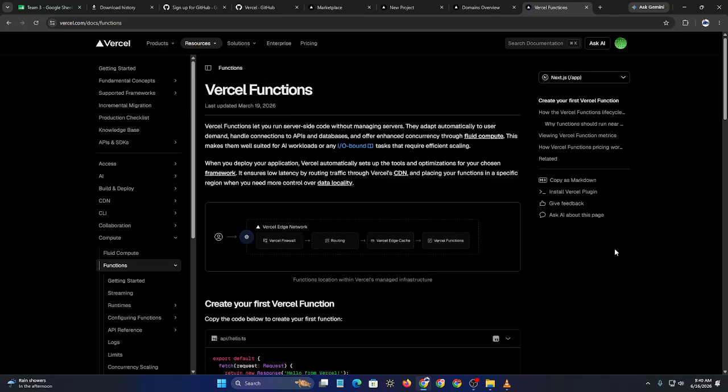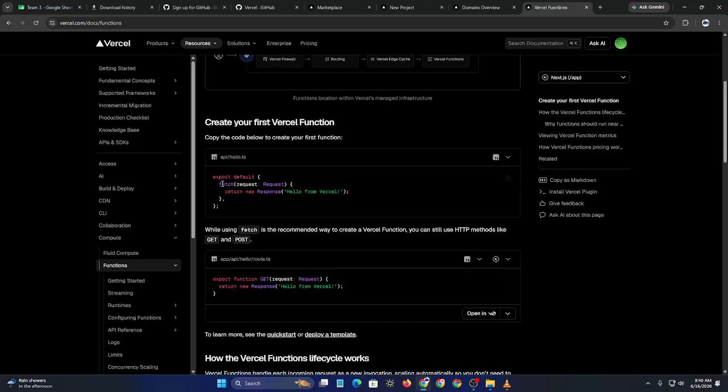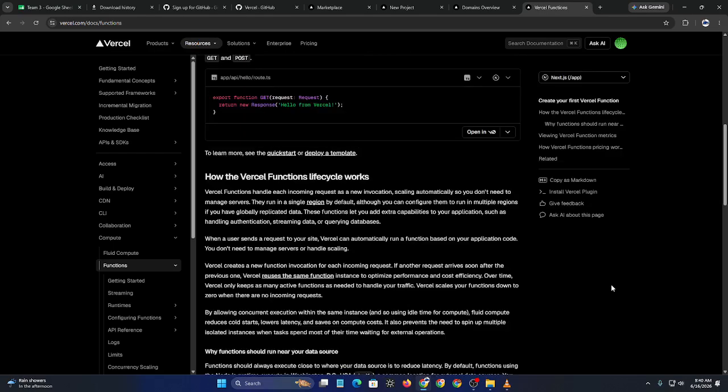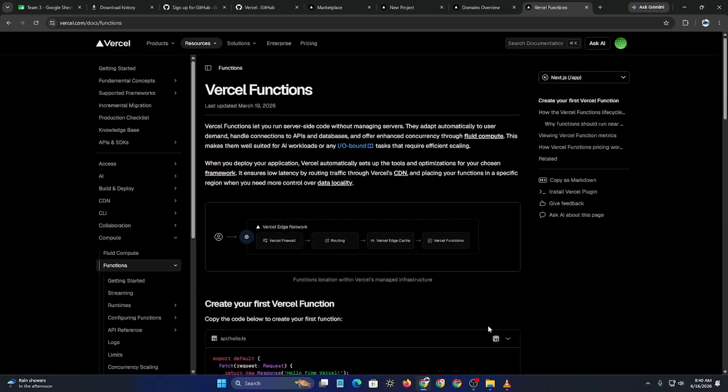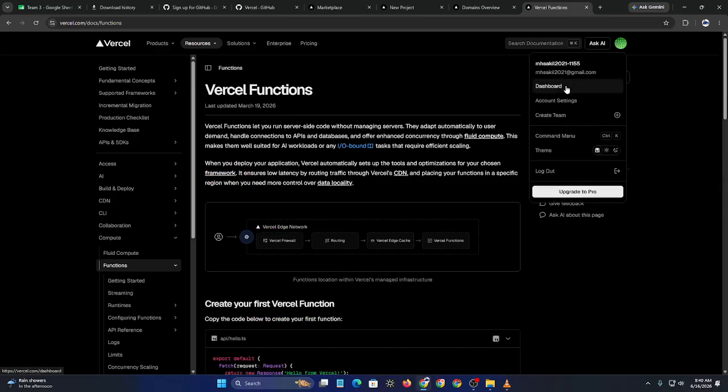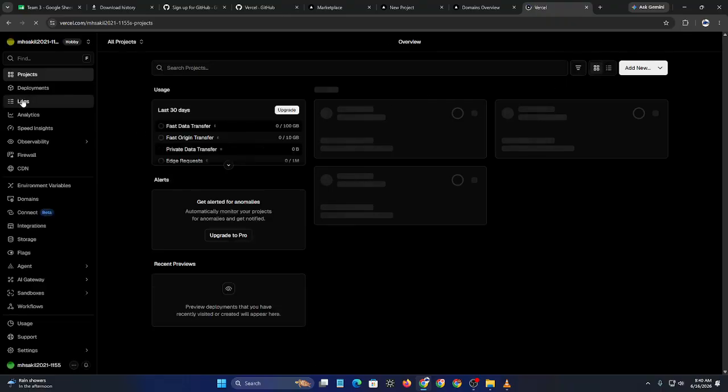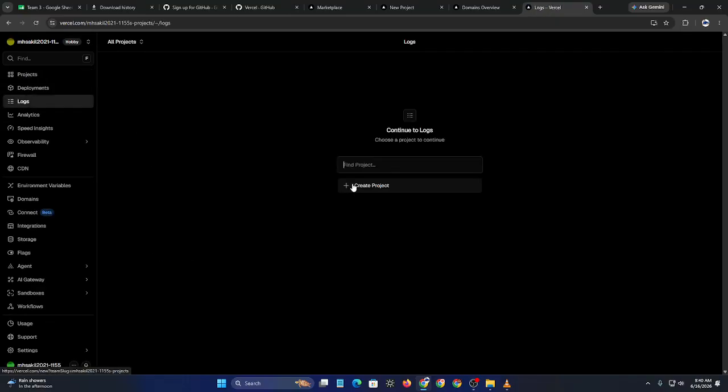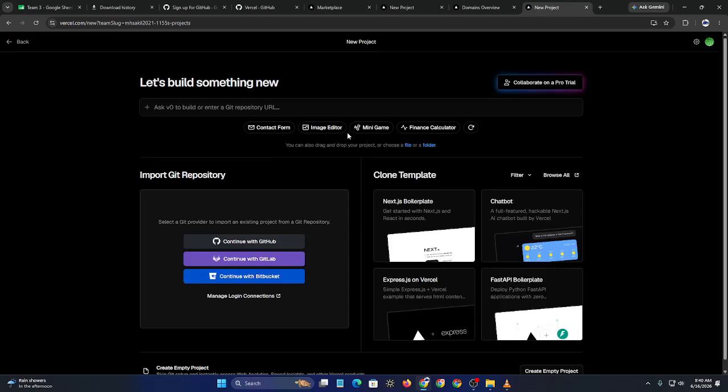Inside the function file, write the code that will handle incoming requests. Keep the logic lightweight and efficient because Edge Functions are designed for fast execution. You can use Edge functions to inspect requests, modify responses, check user locations, handle authentication flows, and customize content before